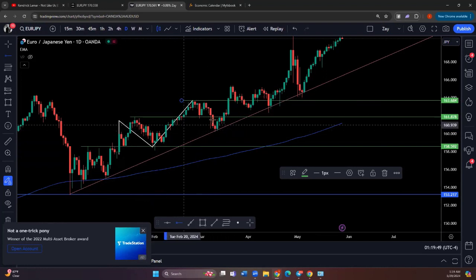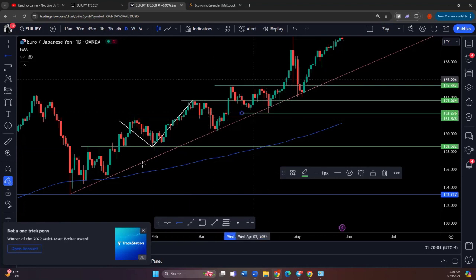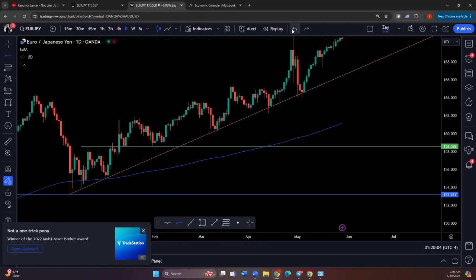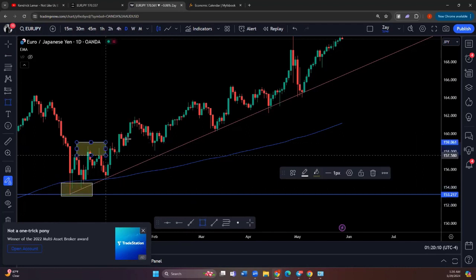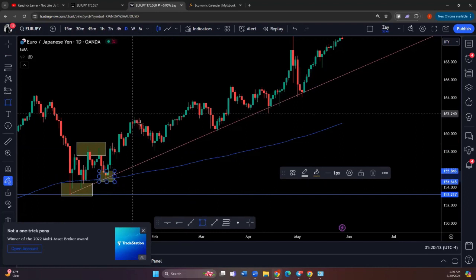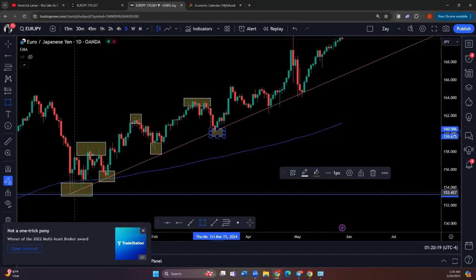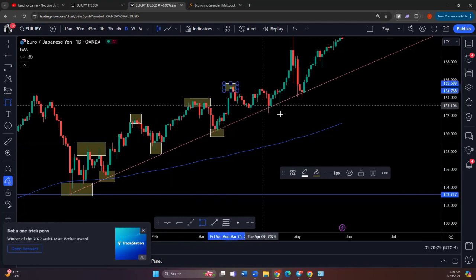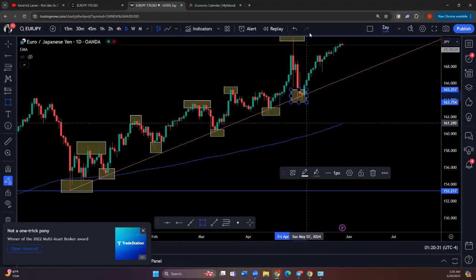Same thing. My boxes were nothing but my support, resistance, support, resistance. That's it. But y'all see how all these lines can get confusing? Just me drawing the boxes made it a lot simpler for me to look at certain areas in the market. It took away a lot of noise, a lot of extra stuff that would throw me off just by me putting low, high, low, high, low, high, low.